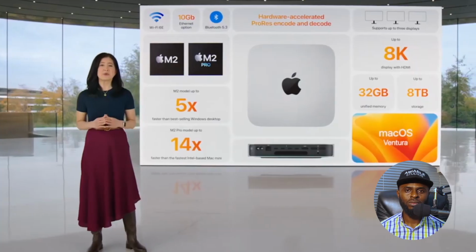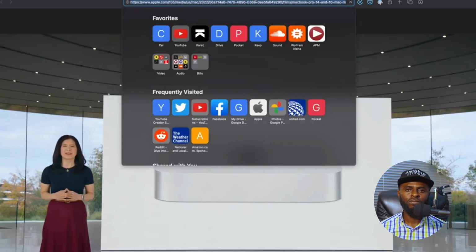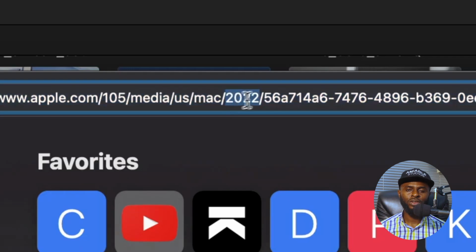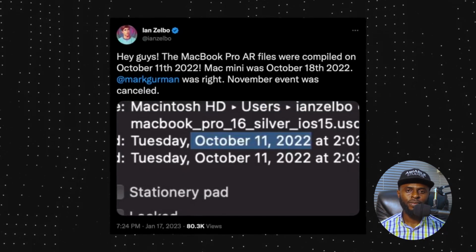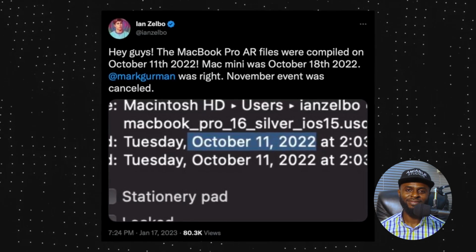Matter of fact, it's rumored that this basically was cut out of an event that they were rumored to have late last year. Honestly, I buy it. Like, the URL and the file name of the video had 2022 in them, and the AR files for the new laptops were compiled in October 2022, suggesting that these things were ready to go months ago. But whatever, none of that matters. What matters is they're here now, and what you need to know is on the outside, they're basically identical, but